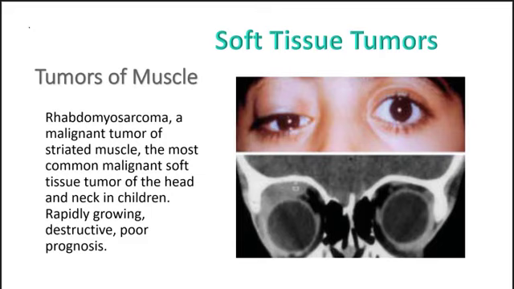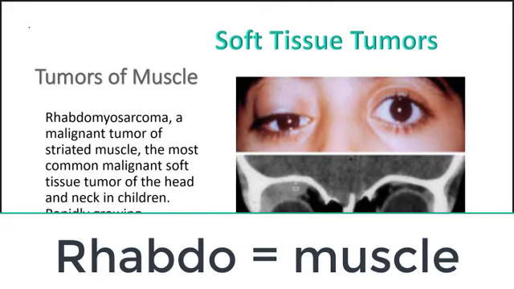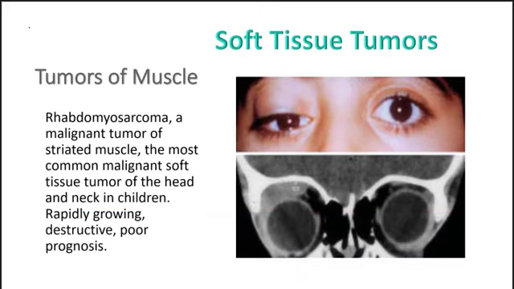With tumors of the muscle, I really want to focus more on rhabdomyosarcoma. Anytime you see the word rhabdo, it's going to refer to muscle. This one is devastating. It's malignant. It's a neoplasm of the striated muscle, and it's the most common malignant soft tissue tumor of the head and neck in children. So we see lots of kiddos with this one, not lots of them, but one is too